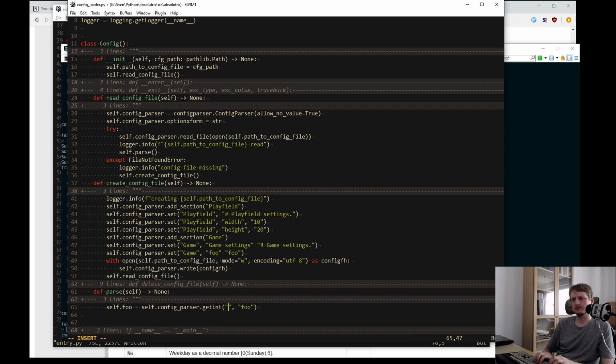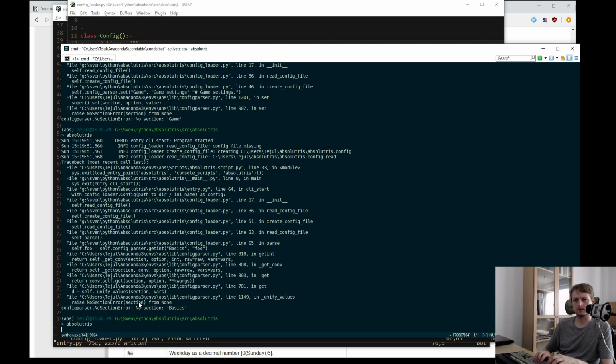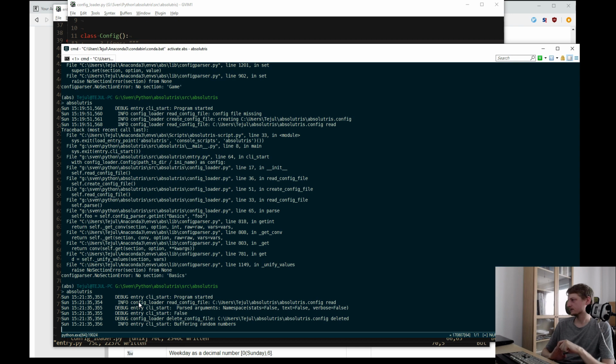So it will read from playfield the thing to get width, and it will also get height. That's it. Okay, we should be good now.